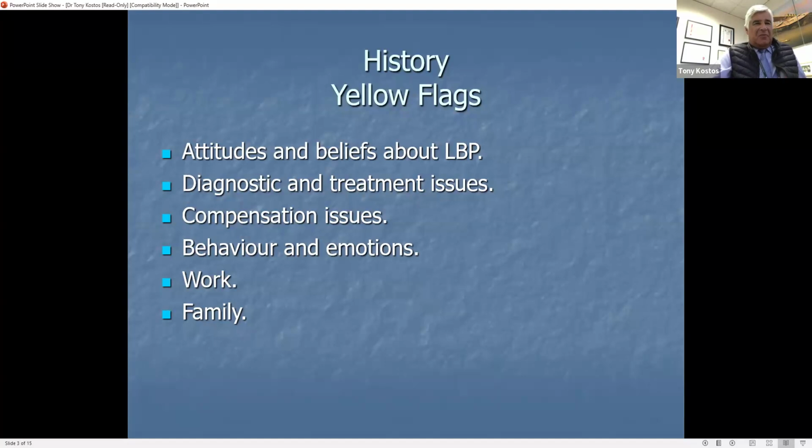Patients often have very fixed views about their diagnosis. In a lot of cases they have obviously been misinformed about the diagnosis, and they've already undergone treatments that have no benefit to them. Compensation issues are extremely important. I mentioned Norton Hadler. Norton says that when you make a compensation claim, you cease to be a patient and you become a claimant, and that becomes very important.